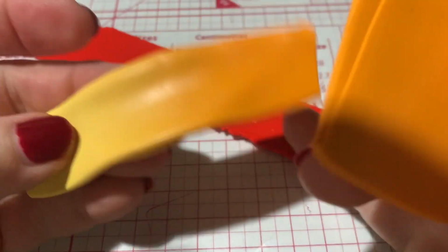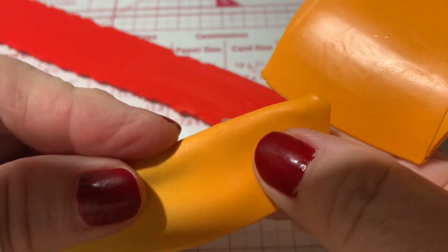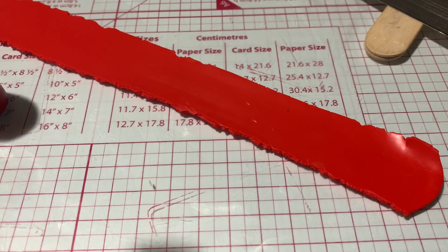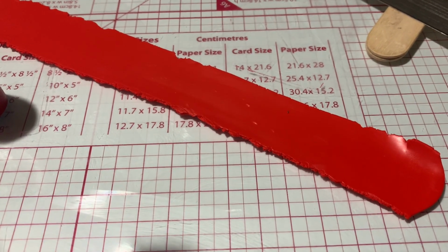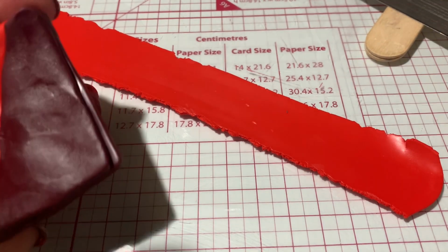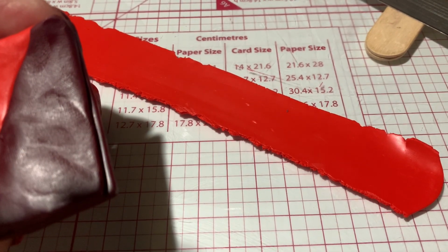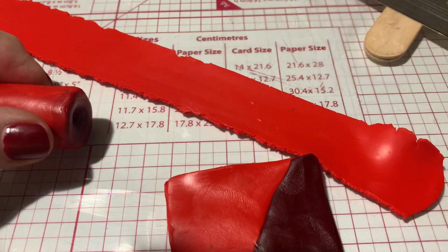Now these two colors, I had to use out of my scrap pile because I didn't have any yellow orangey color here. So I had to mix that together, but I'm sure you're capable of figuring out, if you wanted to try and make one of these, how to use your colors, whatever you want to use. But this here is alizarin crimson. Let's see if I set that even remotely close. Alizarin crimson, yeah, the dark. And this one here is,